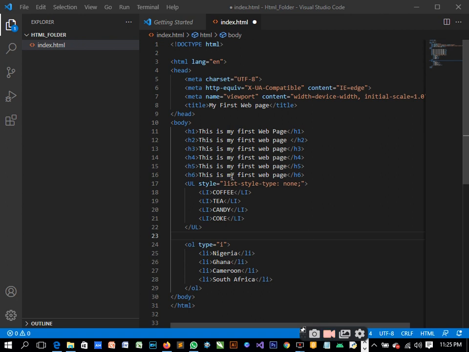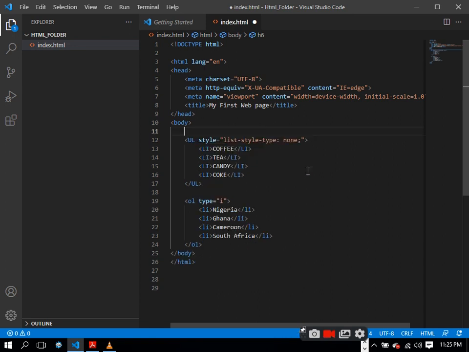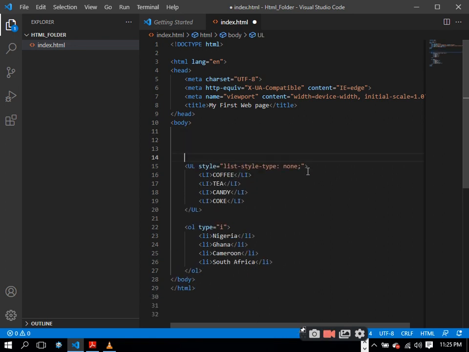Let me remove this so that we will not have a crowded website for now. So I'm removing this. Okay, so I'm going to create that here. So we are creating a form. So we are using a form tag. So this is already giving us an action. What action do you want the system to perform? Okay, I'm using get